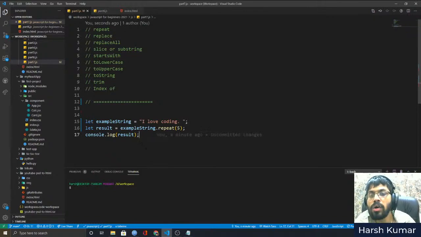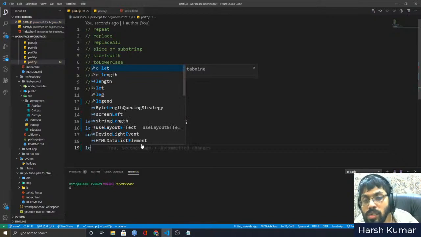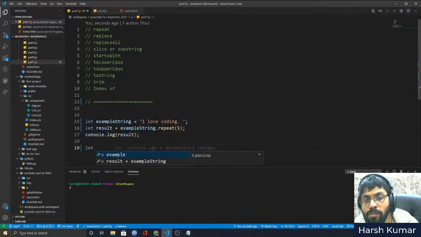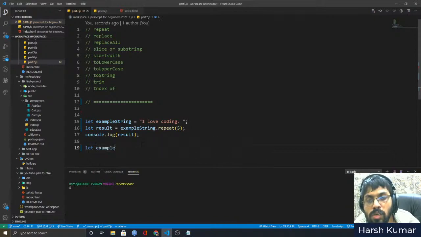So same, that's the example string. Let the example string string two